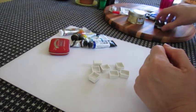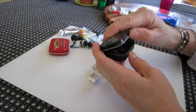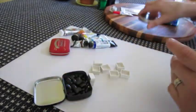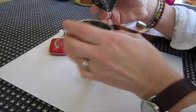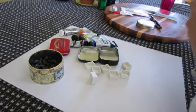Since I want to make a new one anyways, last time I was in Italy, I bought several. And of course you need to empty it. It's probably a good idea to wash it. I'm just going to wipe it with